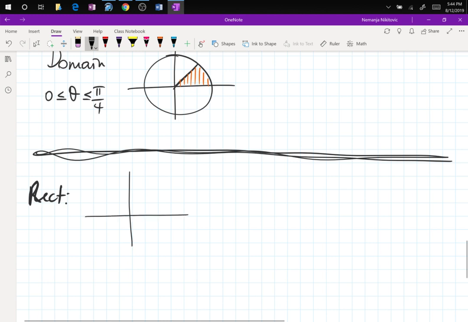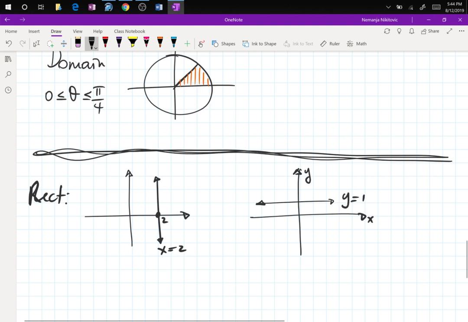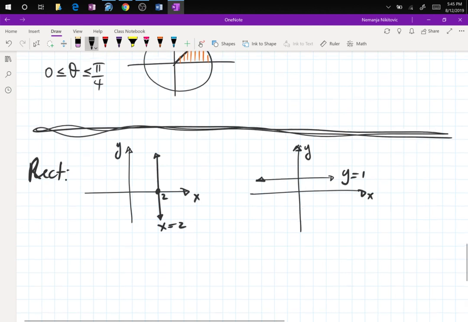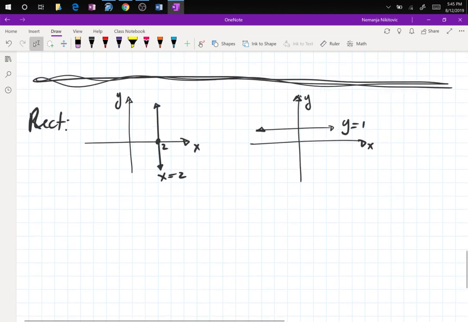If you take a look at the basic equations, here is your x equals 2. And let's say y equals 1. If you haven't noticed that so far, and you should,